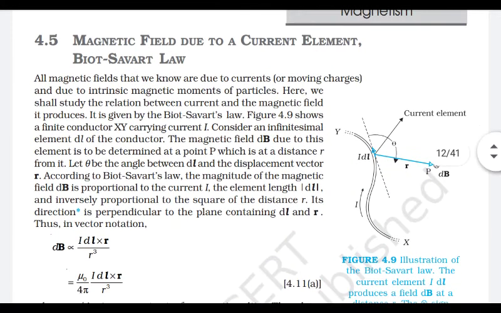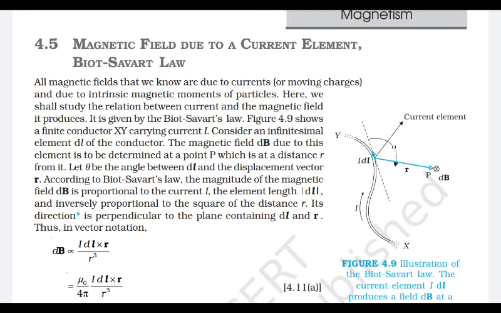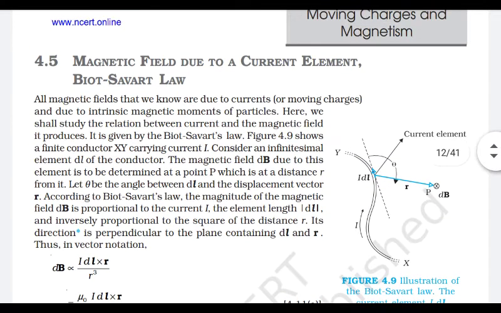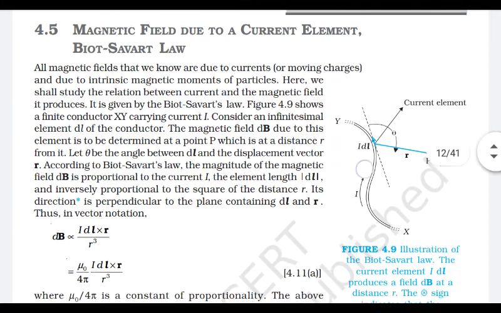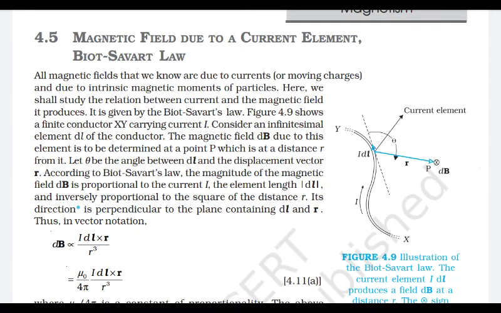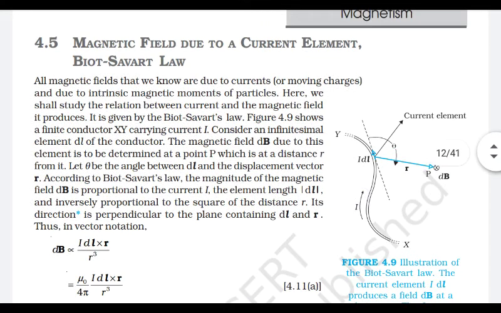I am going as per our notebook. It is here in section 4.5, magnetic field due to a current carrying element. A current element means a smaller portion of the conductor that we are taking. We cannot take a charge, so we take a smaller portion of a long conducting wire. What did Oersted's experiment show? That a current carrying conductor produces a magnetic field around it, and the direction of the magnetic field lines is given by the right hand thumb rule and the cork or screw rule.